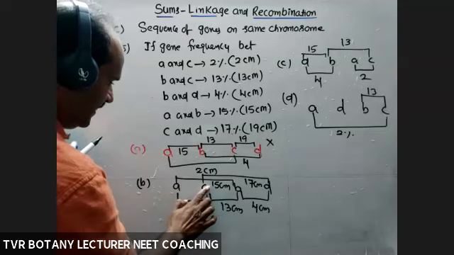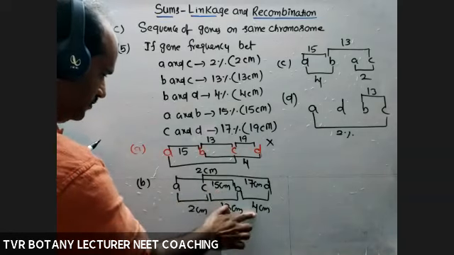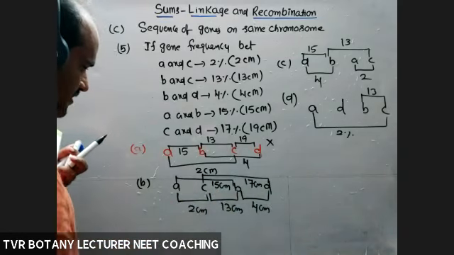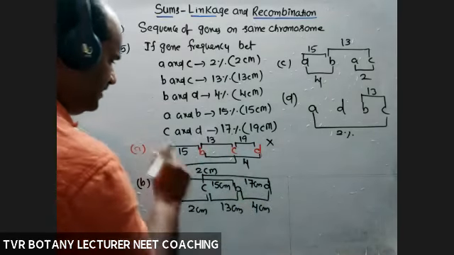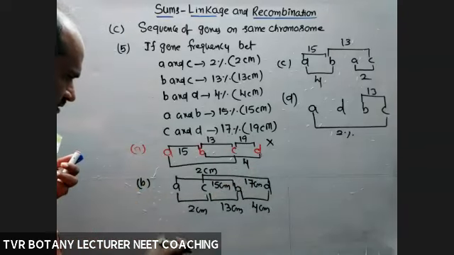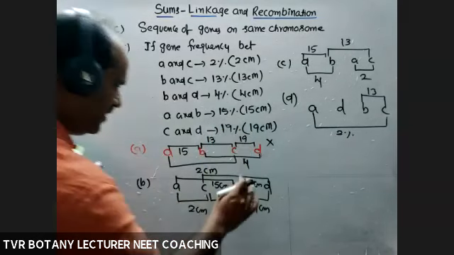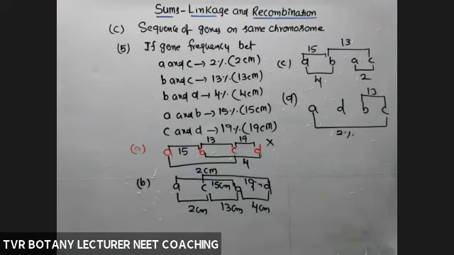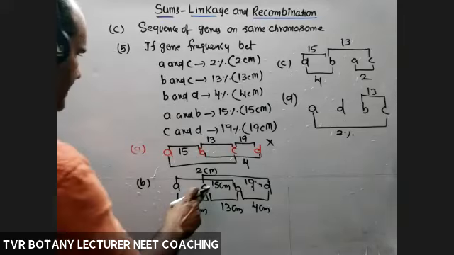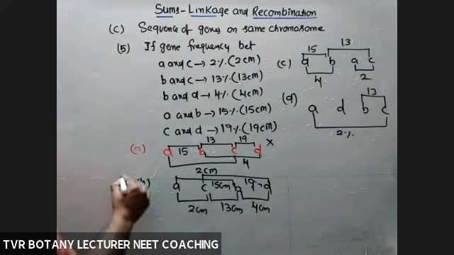Wait. C and D, 17. So 15 plus 4. Wait, something is wrong. No, take 19 only. 15 plus 4, we are getting that one. Yeah, take 19 only. 15 plus 4, 19. Okay, so C and D, how much is given? What is this? 2 centimorgan? Oh, the upper one. Okay, so this is the correct one.